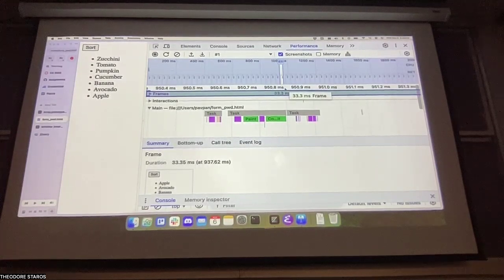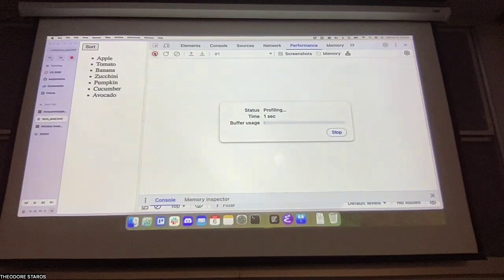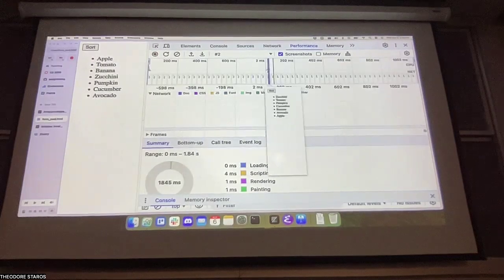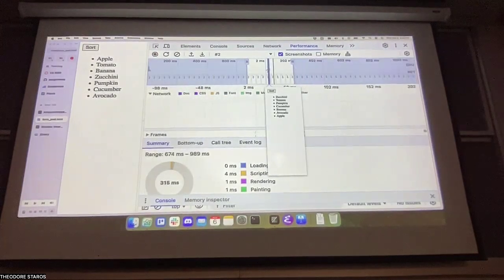which is pretty good. It's definitely a lot longer than it would take your computer to check whether you are connected to the internet, let alone do a full request response cycle. And we can actually see how long the request response cycle is if I just hit record and then refresh. So now I can narrow in to